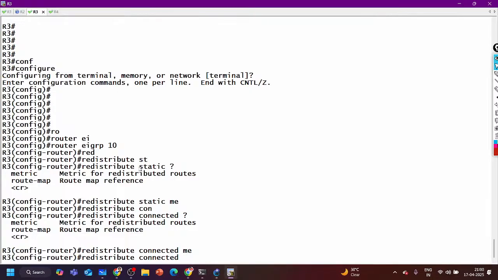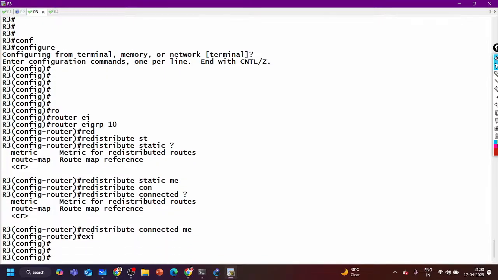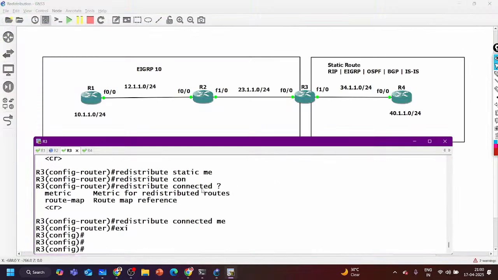Is it clear, guys? We are not leaving it on default, right? For the redistributed prefix, it is going to use my defined K values for the matrix calculation. Right? And after that, here we can run any protocol also. Now even ping will not work because the route on router number 4 is not there.